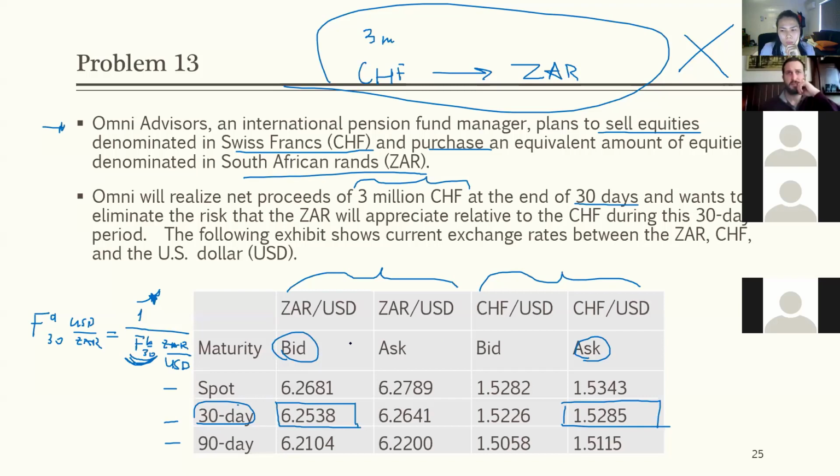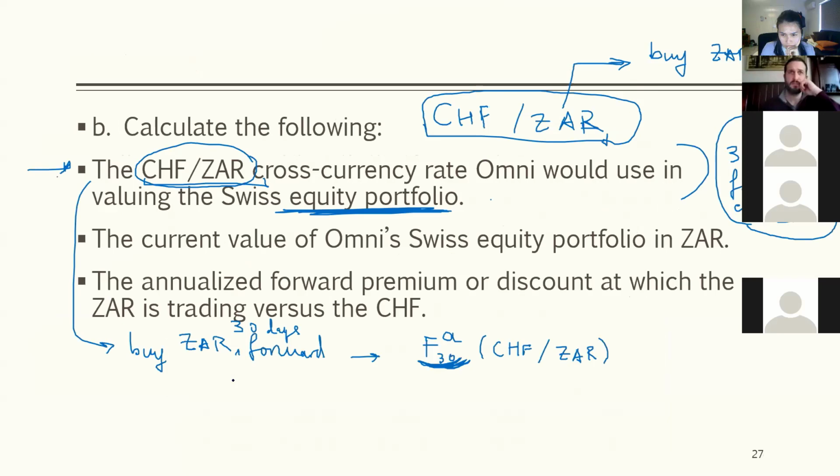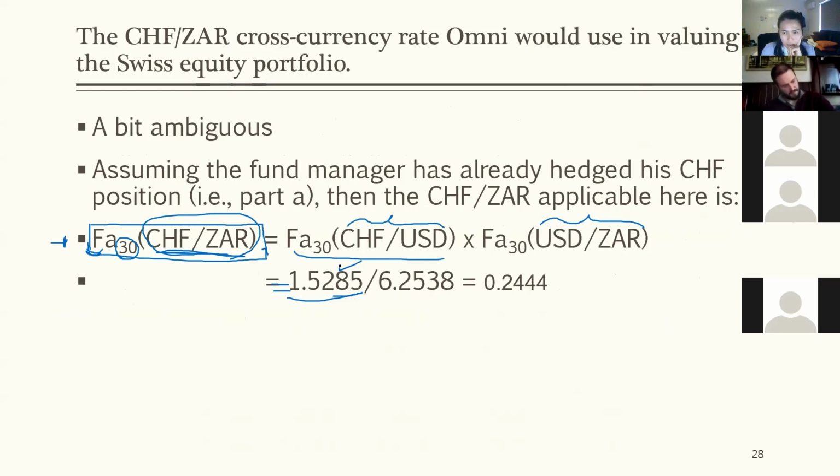So putting these numbers in the formula. So this is 1.5285, and then this is the reciprocal of 6.2538. Okay. So this one is here, and this is